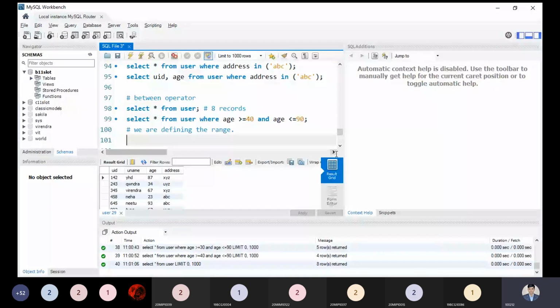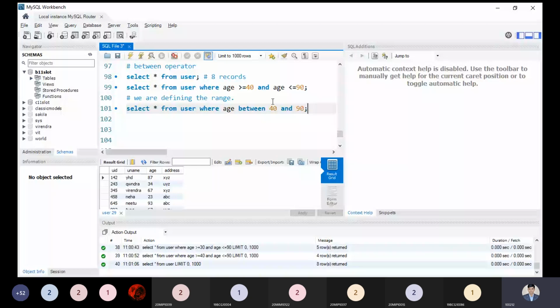So what is the query? Select star from user where age is between 40 and 90. The query at sequence number 99 and the query at 101 are the same.